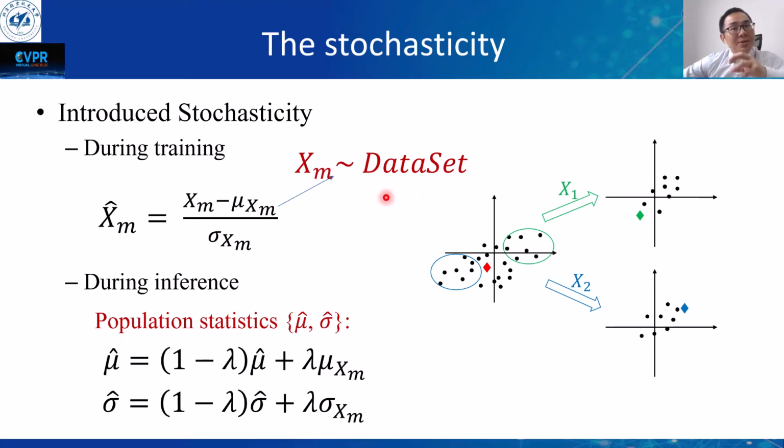Therefore, the stochasticity firstly comes from the normalized output during training. Besides, it also comes from the discrepancy of normalization between training and inference. That is, during training, one uses the mini-batch statistics, while during inference, one uses the estimated population statistics. Huang and Szegedy were the first to show the advantages of this stochasticity for the generalization of networks. Like dropout, it provides a good regularization from the stochasticity of batch normalization.